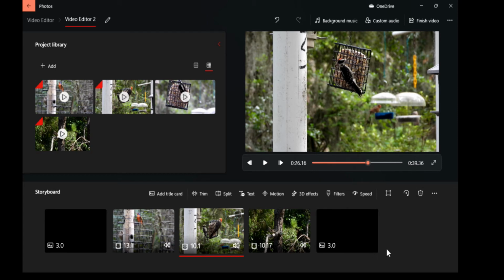So now I've got my basic video lined out. I could certainly add some more text in here for the woodpeckers or for the wood ducks. I could add filters in, and so forth. The last step we're going to do is go ahead and